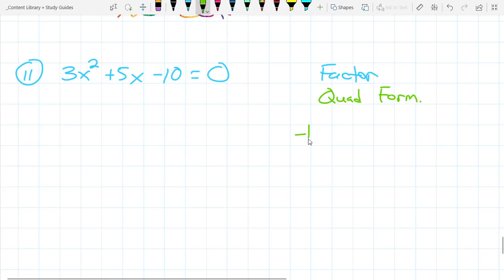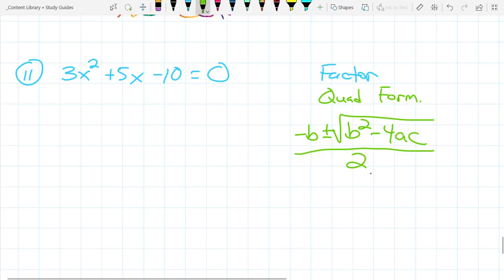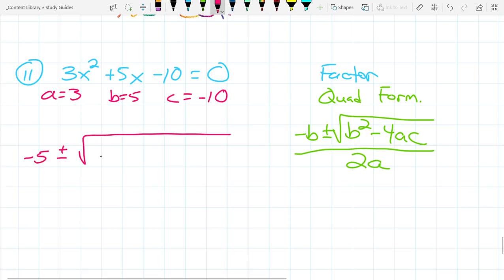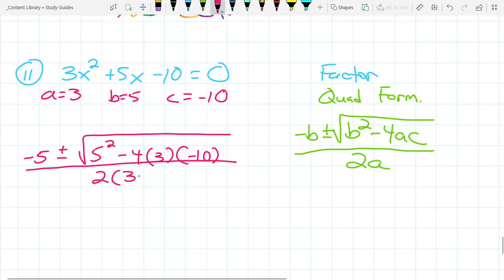which you do have to have memorized by test day. The quadratic formula is negative b plus minus square root b squared minus 4ac all over 2a. So we come over here, our a is a 3, our b is a 5, and our c is a negative 10. So the first thing we do is just plug everything in. So negative 5 plus minus square root 5 squared minus 4 times a, which is a 3, times c, which